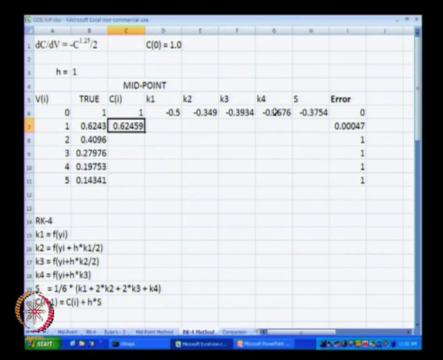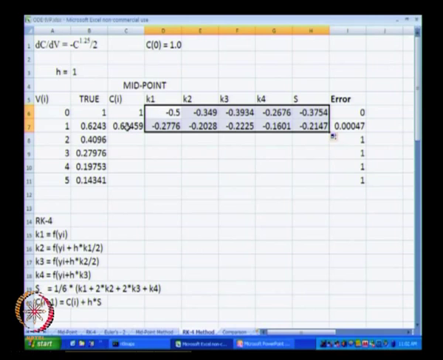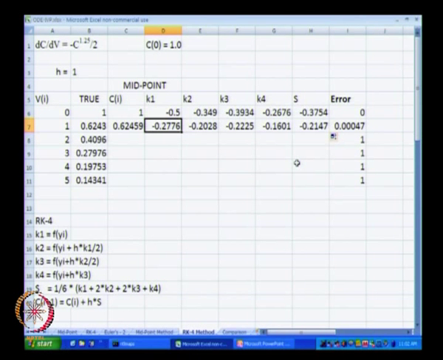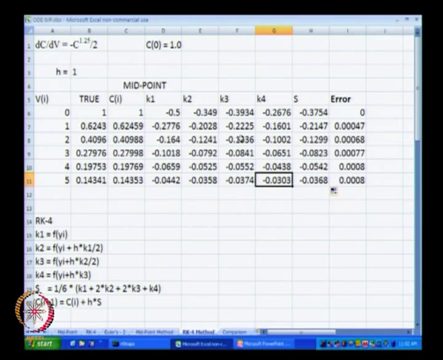Okay. So, C of I plus 1 over here is equal to C of I plus H multiplied by S. Okay. And for H we will again put the dollar signs over here. Okay. And that is our concentration computed at volume equal to 1. Then what we will do is we will take this and drag it to the next row, and now we have concentrations and K1, K2, K3, K4 and S computed on the next row, and we can just copy all of these and drag them over here and we have the results.